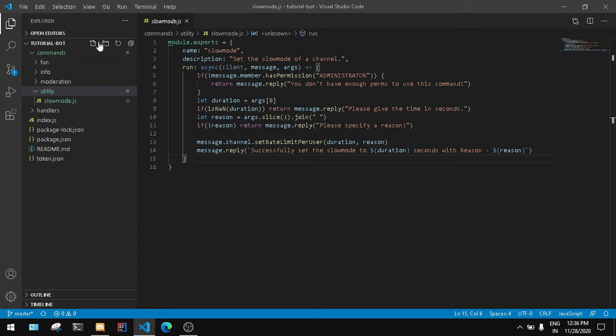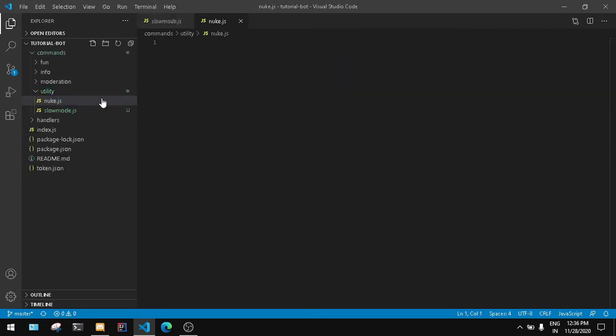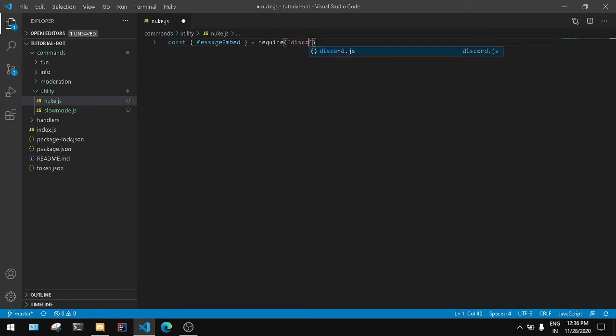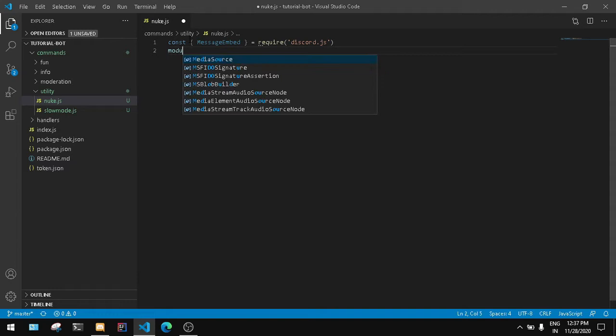And without further ado, let's get started. So first I created a new file in the utility directory named NUKE.js, and then we'll import the MessageEmbed property from the discord.js library, and then we do our module.exports thing for our command handler. So we do module.exports equal to curly braces,